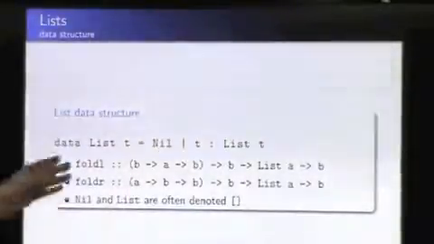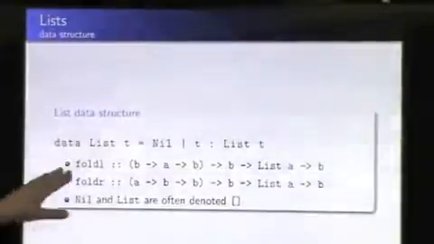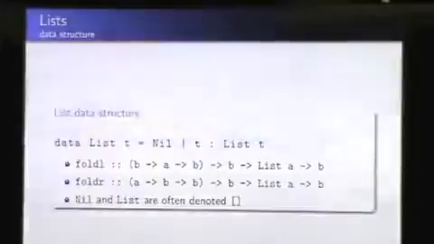Good. So these are the two functions here that I get a lot of questions about. Haskell calls them foldl, foldr. Scala calls them foldLeft, foldRight. There's probably other languages that call them other